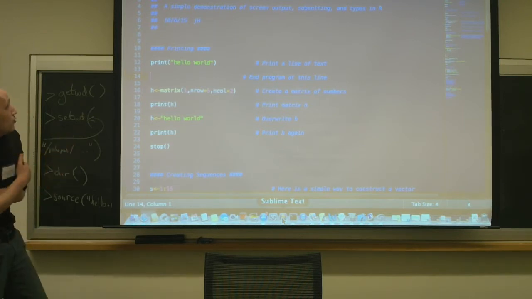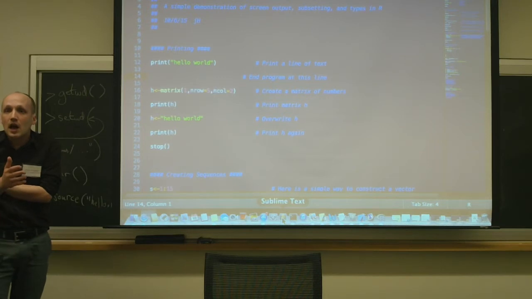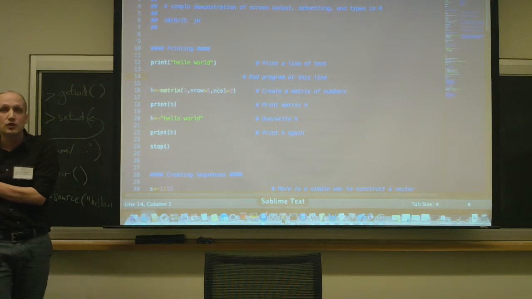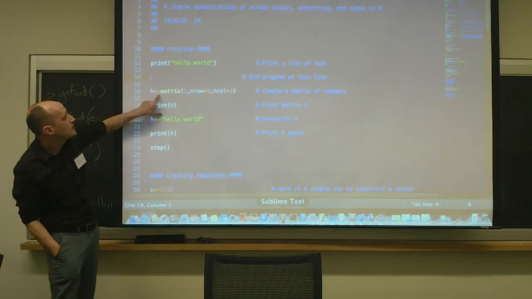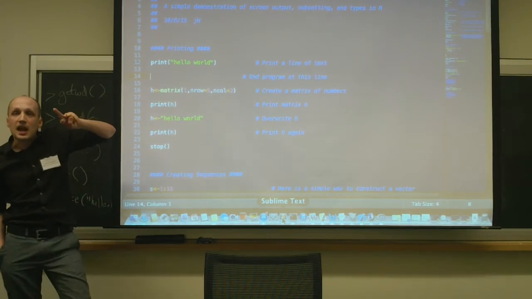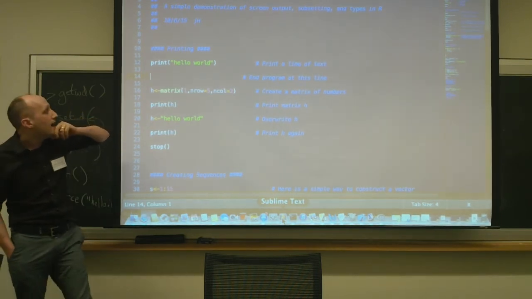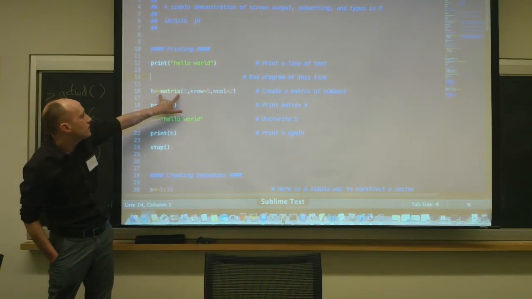But for us, getting up and running, not having to deal with types does let us do things fast. It also can bite us, though, because it means we can accidentally change the types of things all the time. We can do it intentionally if it's useful. We can do it unintentionally, and it can often wreck our code. Okay, so what am I going to do? The first thing I'm going to do is construct a matrix. Matrix is probably one of the two basic types that exist in R that we're going to use very commonly. Constructing a matrix, everything's a function.